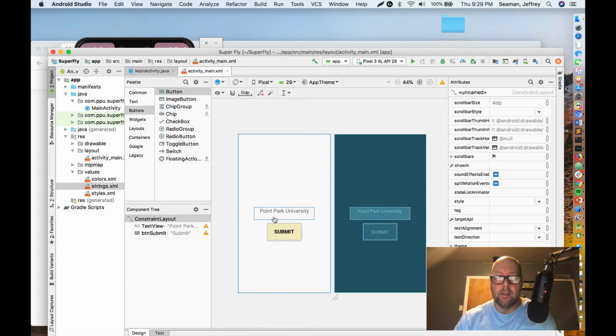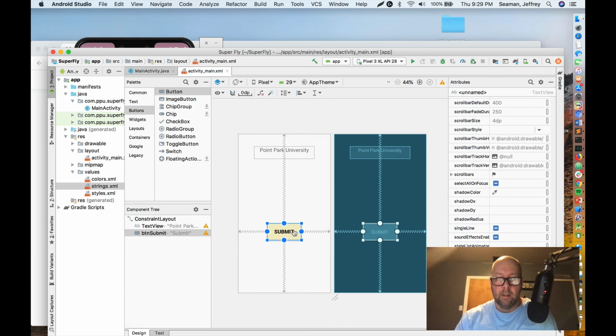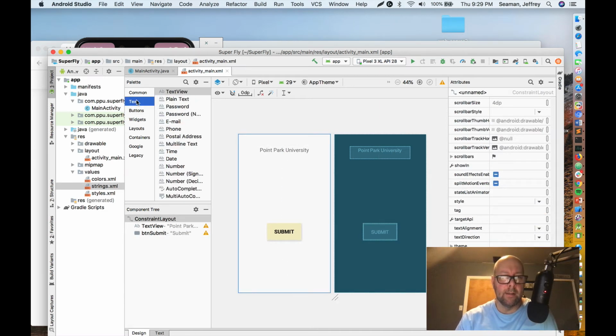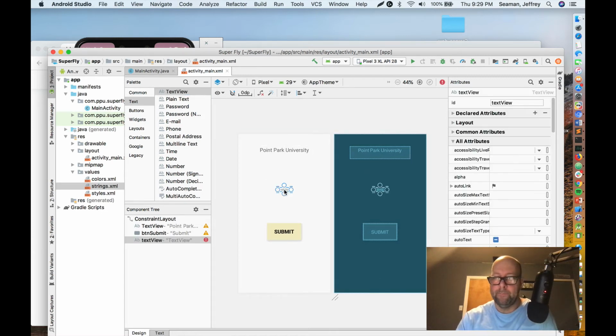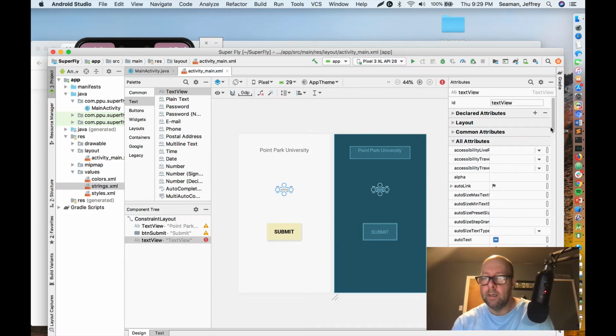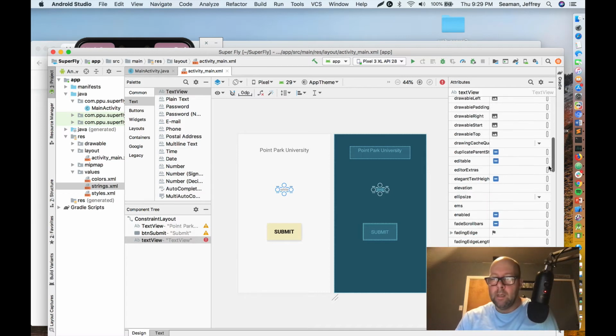All right, so what I'm going to do here is move this guy up to the top of the page. Okay. And let's find a text, go to text, and we're going to do plain text, maybe, or text view. So click on text view and just drag it down here like this. Let's change the size of that. So let's scroll down here,